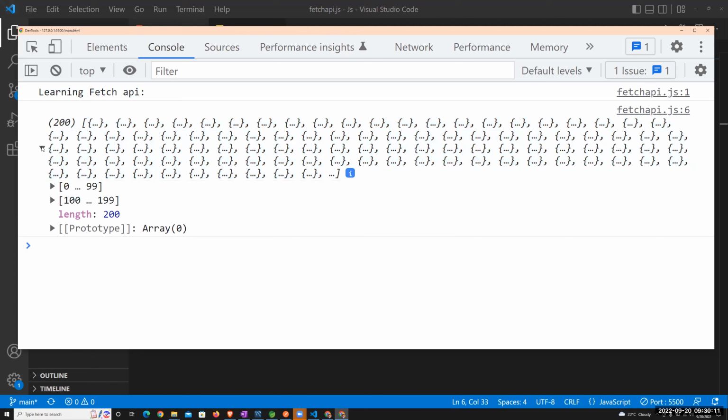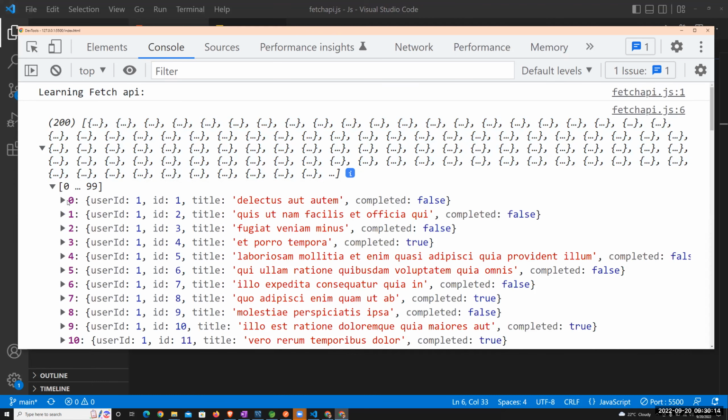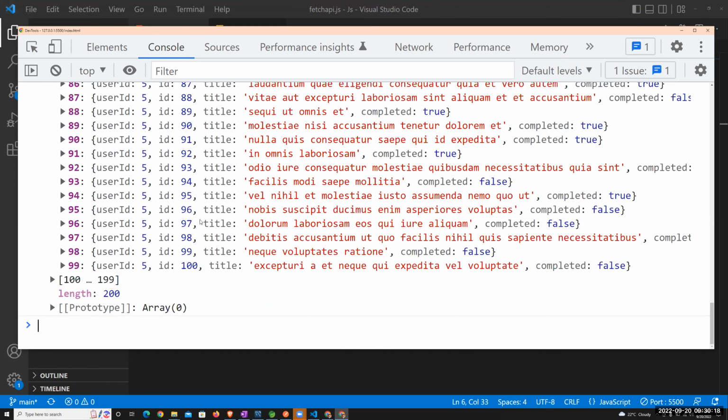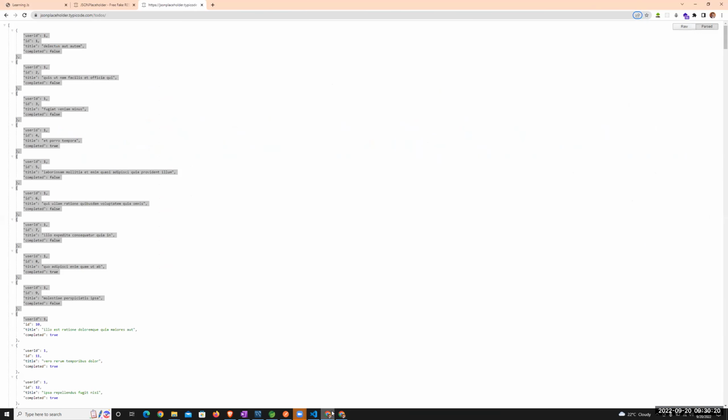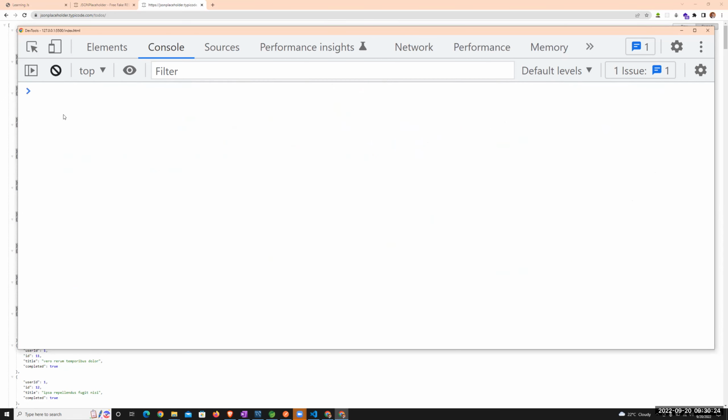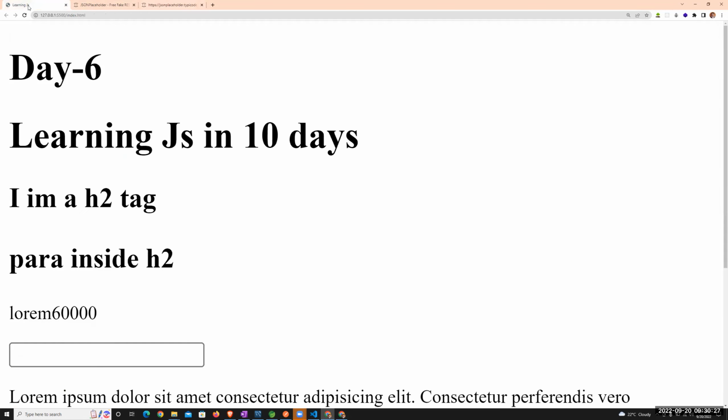So now you can do anything with these records. You can see I got the thing 0, 1, 2, 3, I got the completed false and all this. I can just have this. So let us see how we can use this in our URL. So see, if you come here and if you go to your website, there is nothing now. If you see your console,